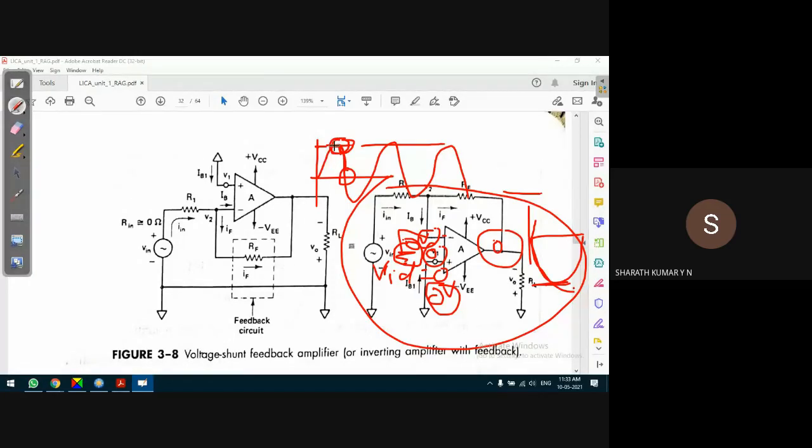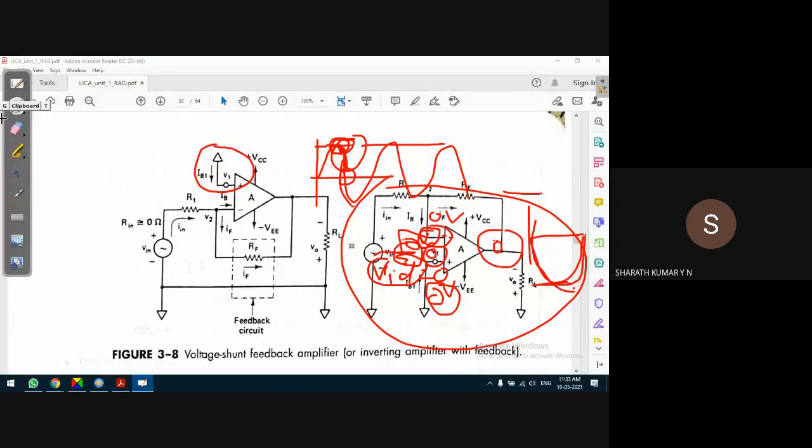Now, when the input changes, let us say the input slightly changes from a higher peak, it will start decreasing somewhere in this region. The output also changes. As the input continues to change, the output also continues to change. But at every point in time, the op-amp will always try to drag the inverting input terminal to zero potential, so that the differential voltage remains at zero. So that is the purpose of connecting the non-inverting input terminal to ground.